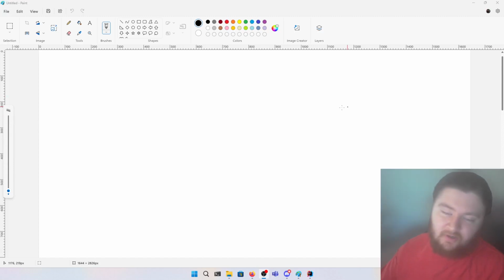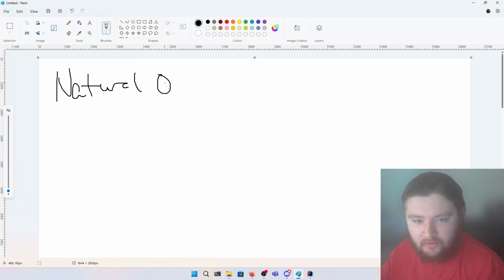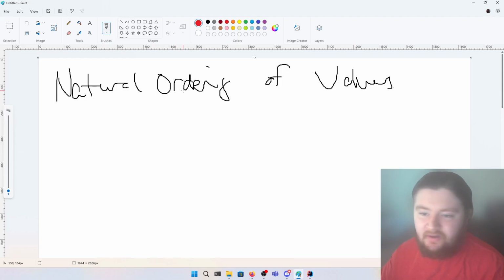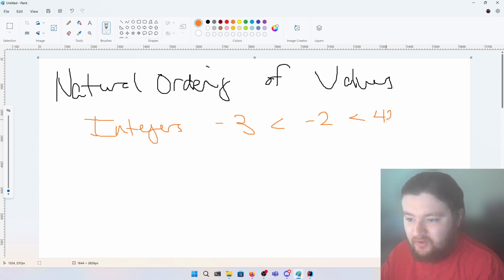I've talked a fair bit about this notion of something called the natural ordering of values. So, what exactly do I mean by that? Well, like I've sort of said, it's just the way that we would naturally think about ordering values of some type. So, for example, integers are ordered from least to greatest. So, that means like -3 comes before -2, which comes before 42, which comes before 81, and so on and